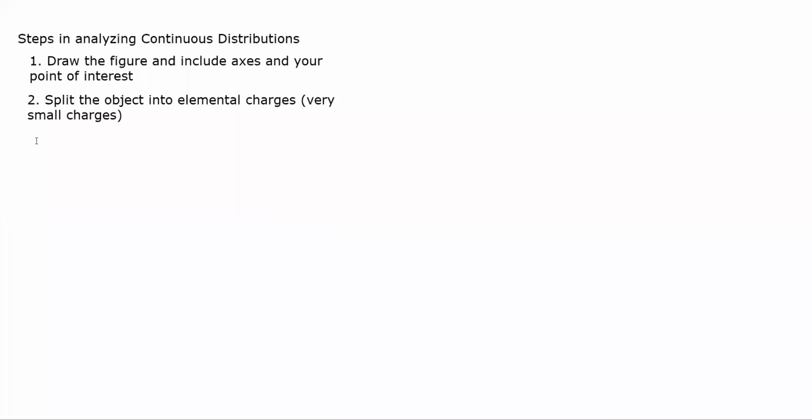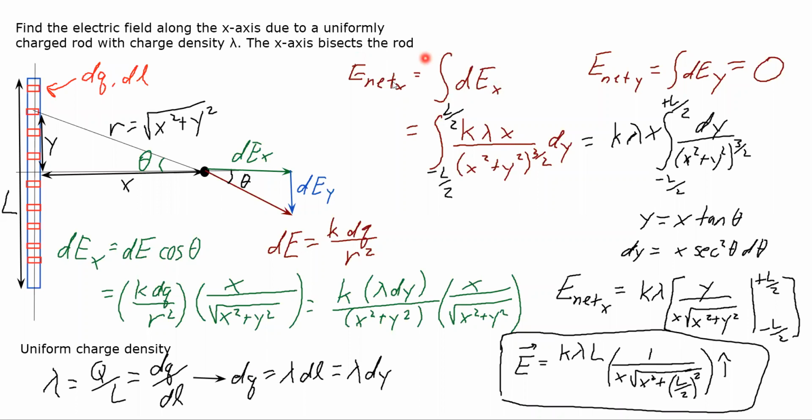Then, take into account symmetry. By taking into account symmetry, it's going to tell you if any of those components go to 0. Like I said, it saves us a lot of time. Imagine if we didn't take into account symmetry: we would have essentially 2 equations to solve, E net x and E net y. So once you take into account symmetry,